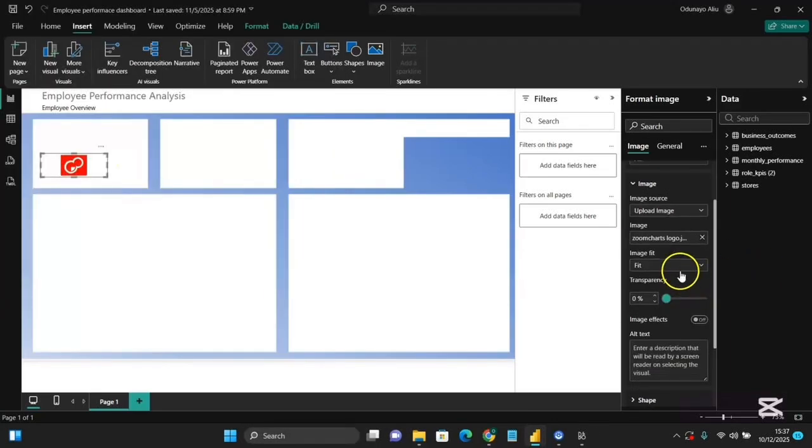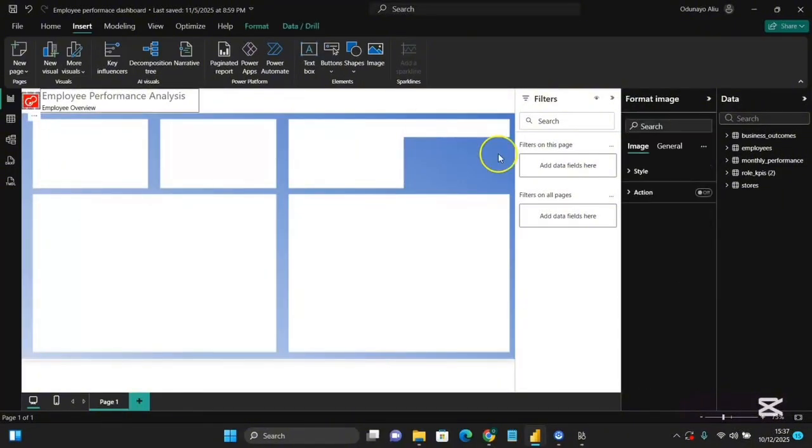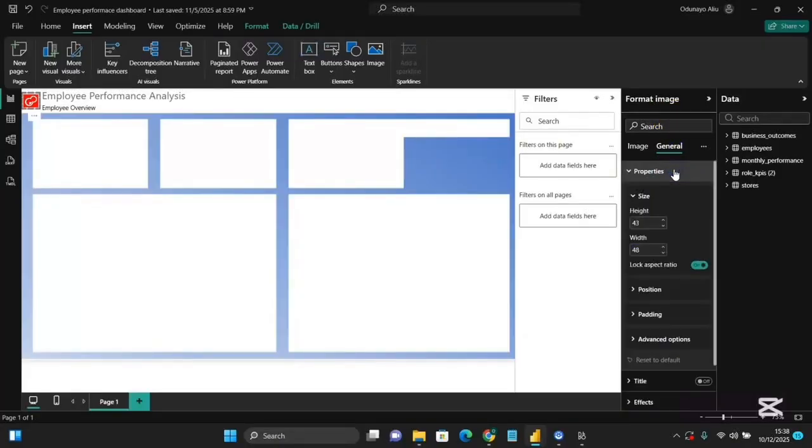We are also going to change the image fit from fit to fill, then reduce the size so that it fits the top left corner of our dashboard. So under properties, we can increase the height to 50 and leave it that way. Then we can also drag